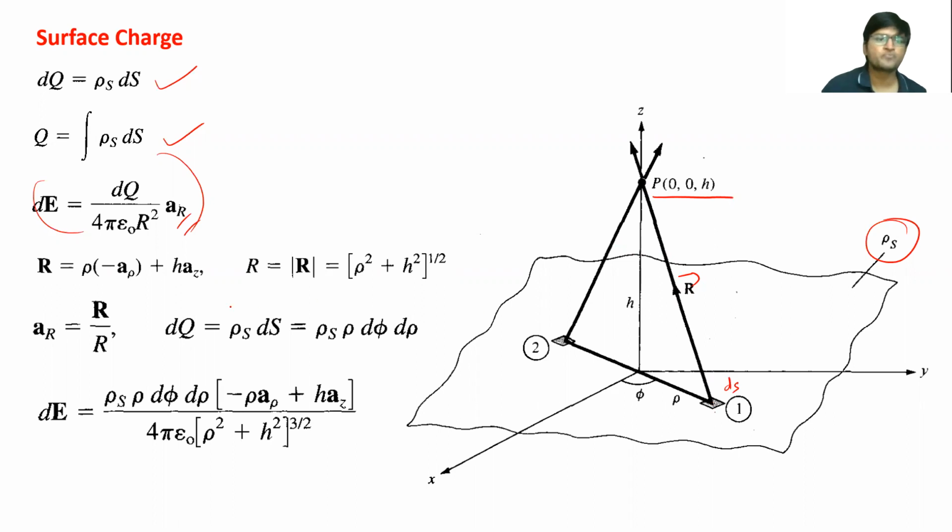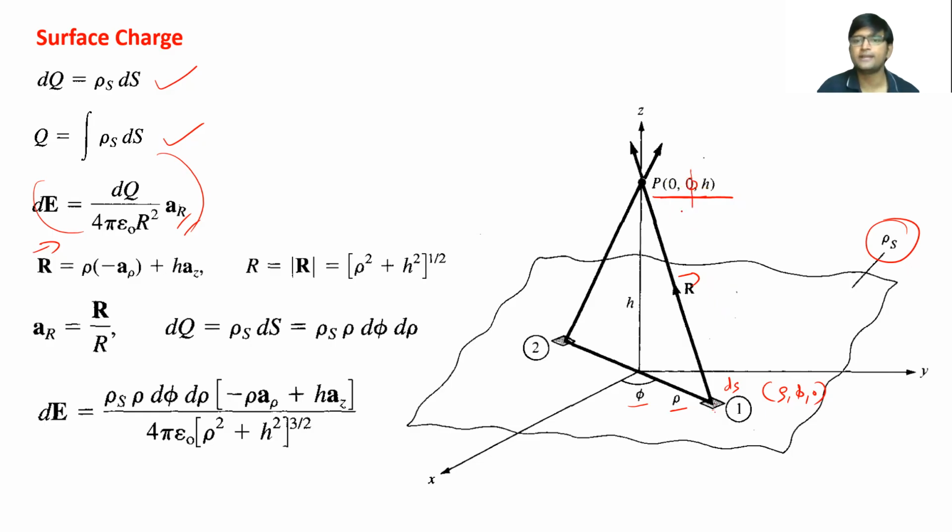So if you see this figure, can you tell me what will be the value of this r vector? It will be nothing but the subtraction of this point and this point. Here also we will be working in cylindrical coordinates, and this point can be represented as (rho, phi, z), and since z is 0, this point will be (rho, phi, 0), and this point is definitely (0, 0, h), because rho and phi values are 0 and the height is h. Sorry, this angle will actually be phi.